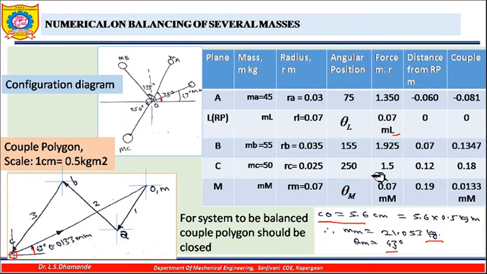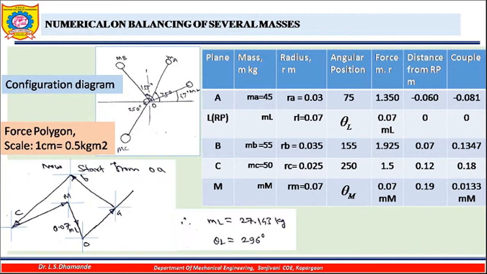Even I will draw the next diagram. This is the first unknown that we calculated, mm. Now I will put the known value of this mm here, which is obtained from this diagram, and again put it into the table. With the help of this position, I will now see the force diagram. In this force diagram, mm is now known to me because I have already calculated it in the previous slide. The only unknown is this one.